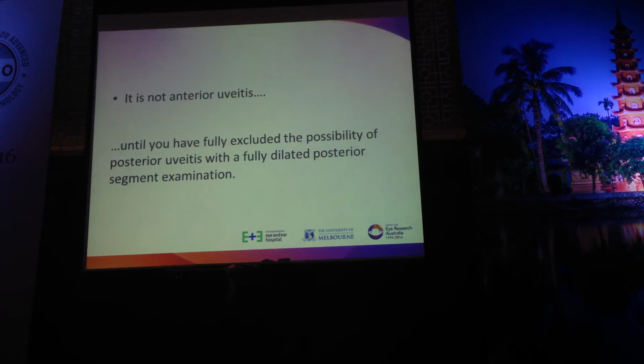And so all I can say is that if your patient presents with what appears to be anterior uveitis and you just do a posterior pole examination, it's not enough. You need to dilate your patient's pupil, and you've got to exclude posterior uveitis by doing this. Okay, you cannot call a patient acute anterior uveitis without dilating that pupil and having a look at the posterior